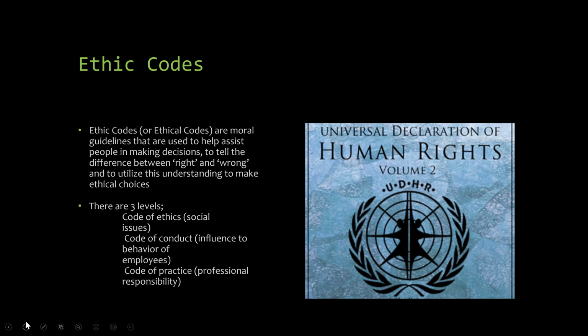And there are three levels. There's the code of ethics, which is generally social issues and a lot of what we've been talking about, freedom of speech, not hindering someone else's speech. Now, a code of conduct, you can think of like when you're an employee. These are rules, like this is the way you're going to behave. Even in communication, a lot of employers will have a code of conduct saying that you're not allowed to post certain things on your social media page, that they will review your social media. But once you gain employment, you have to say, yeah, I'm okay with that.